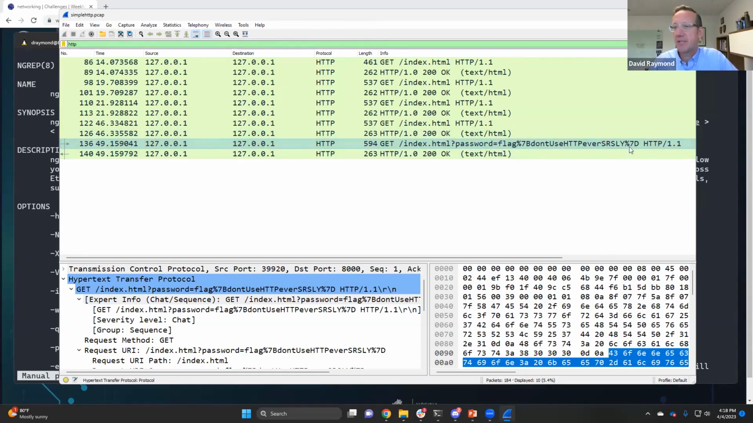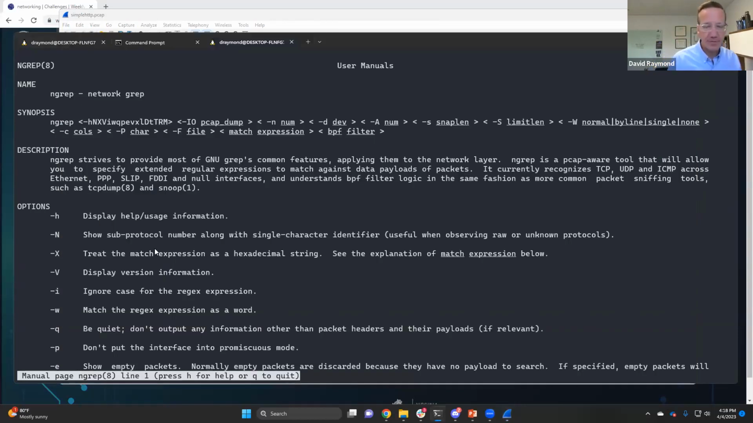The closing curly brace is %7d. But you often see flags of this format, right? Flag, curly brace, and then the flag, and then the closing curly brace. And so, knowing that, what I often do